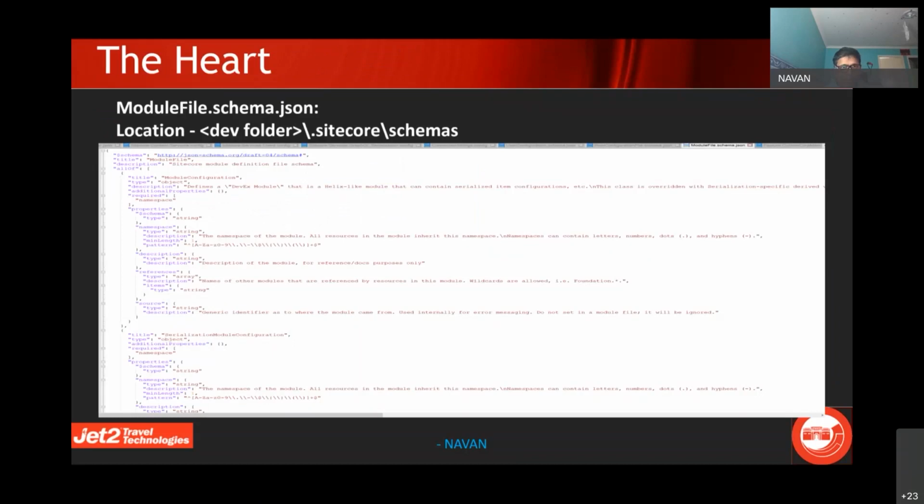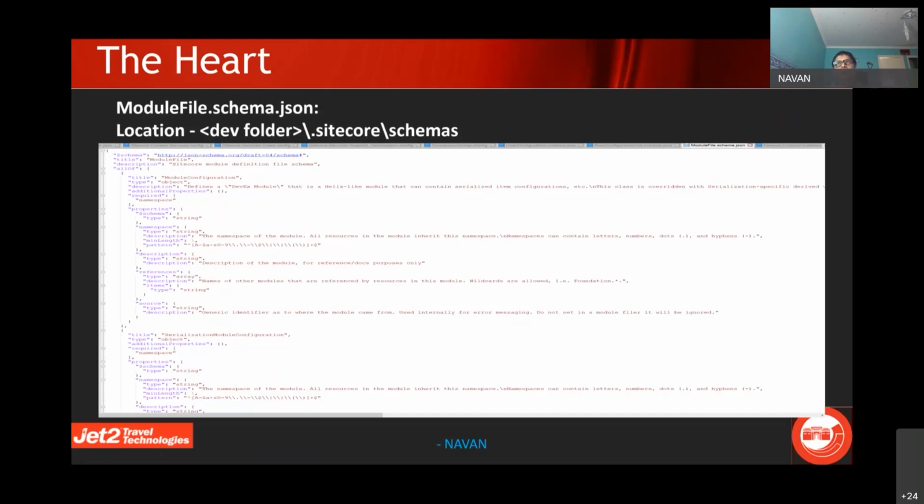Actually this is a two-way process. We can obviously start from how the schema file is generated and then talk about this, or initially talk about all the structure and then go to how this is getting generated. But we have taken the reverse approach, where we are seeing what gets generated within your development folder. In case you have a development folder, a .sitecore folder gets created, and under that there will be the schemas. The schemas are what your module.json files are built on.